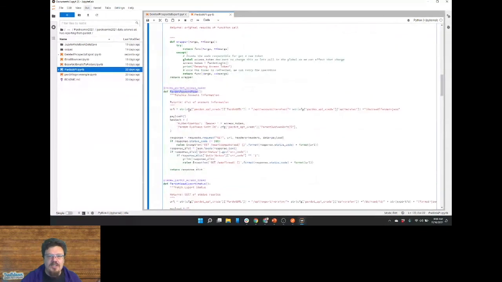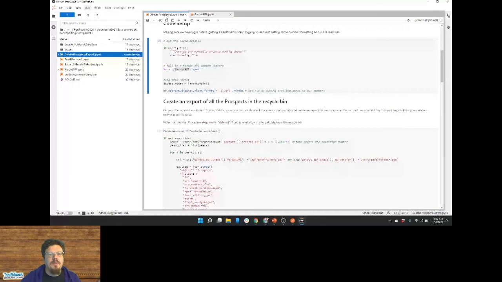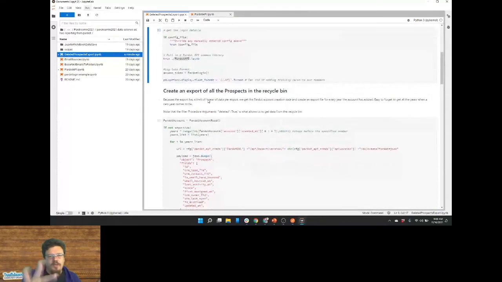So if I wanted to read an account, that's this read account function. You can see it has the URL, and it has the API, and I'm pulling in the API version. The various pieces that we saw within Postman, I've pulled into this as well. We're sending the request, getting data, and sending that data back to the main piece of code. So it's a code way of interacting with the prospect.